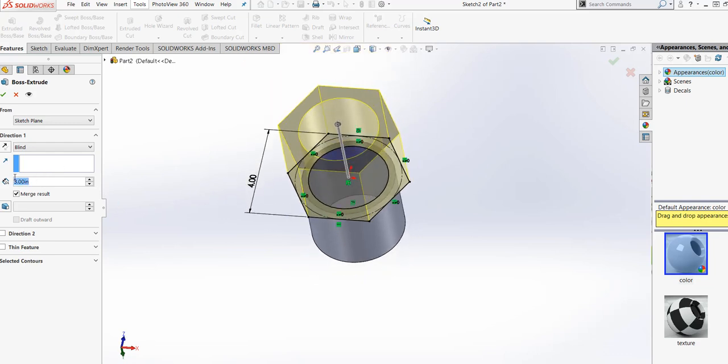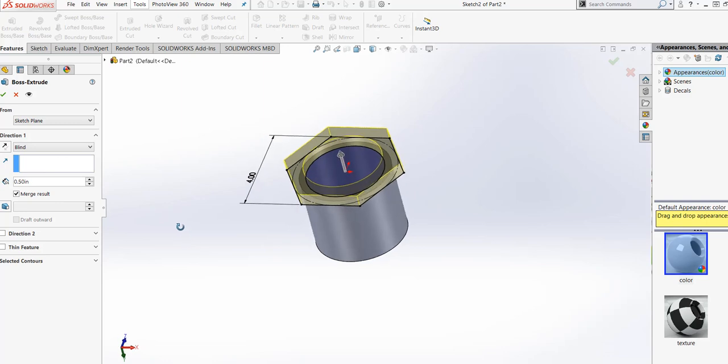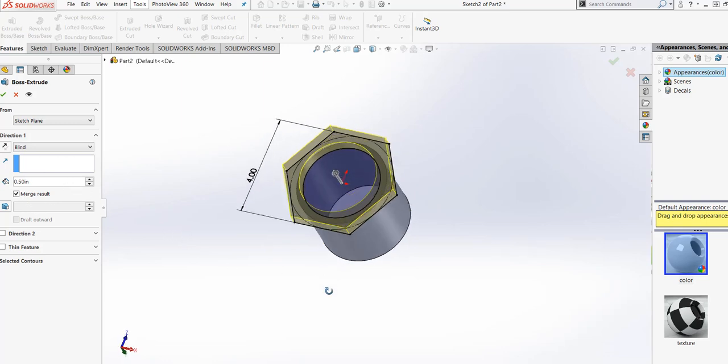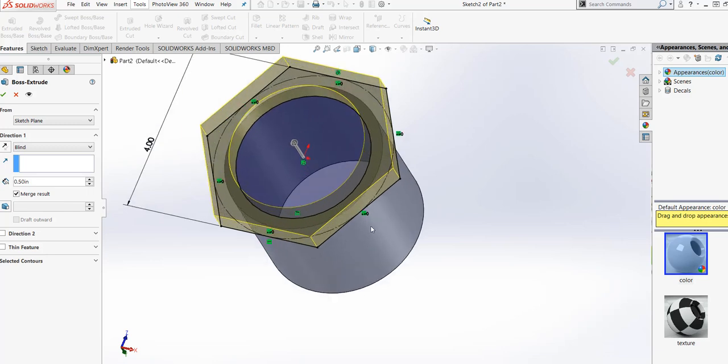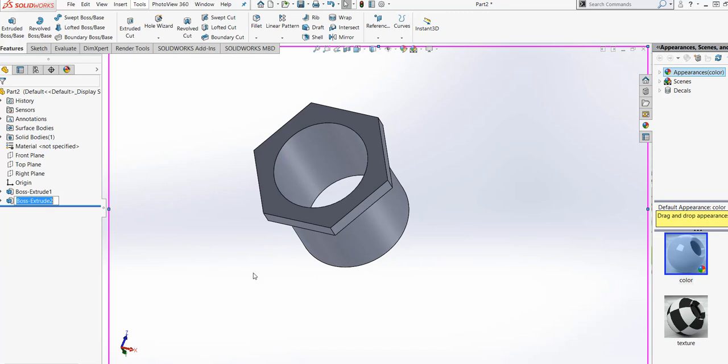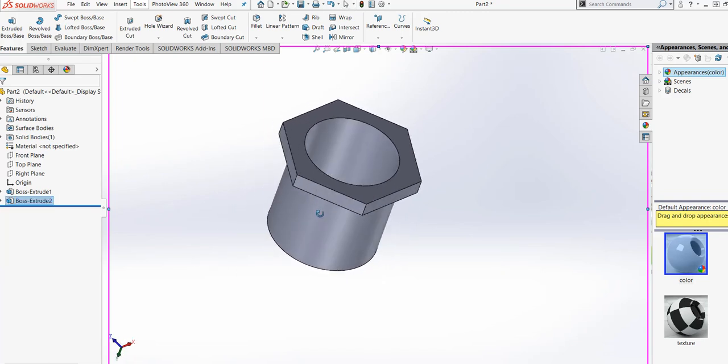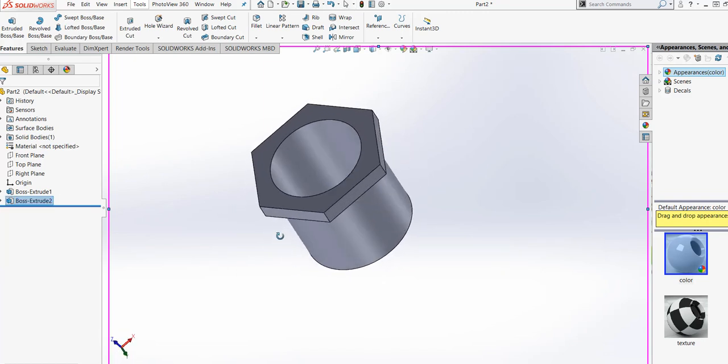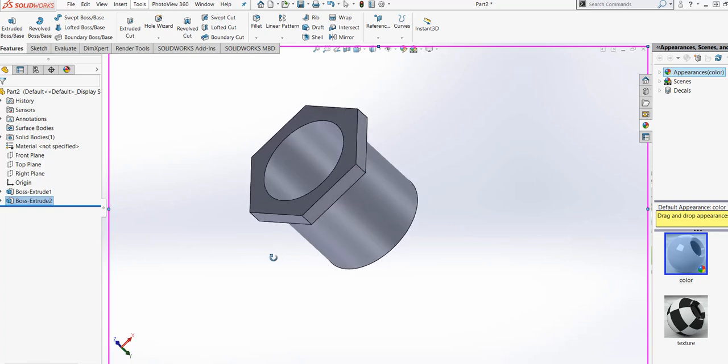Let's say the value is only 0.5 in inch. Okay, and it's supposed to be a merged result, so it will merge to the other solid. Now you see that it makes a nice solid,